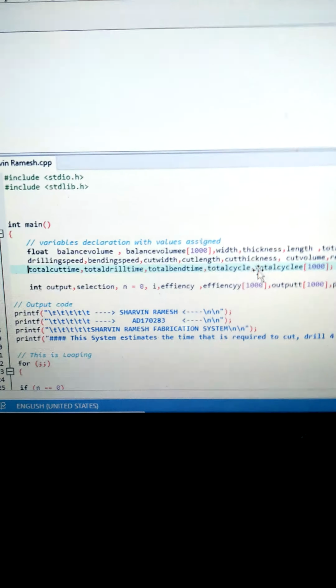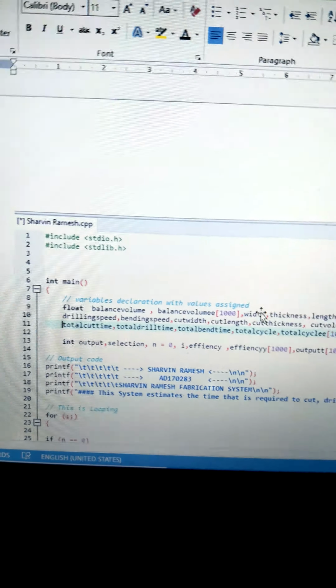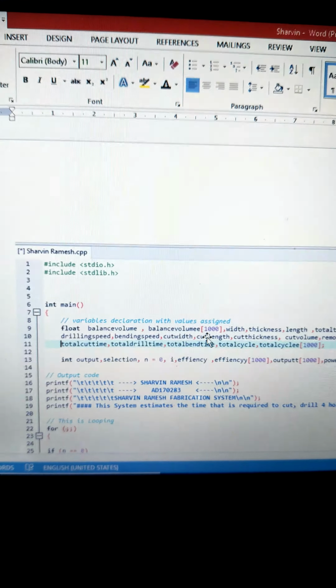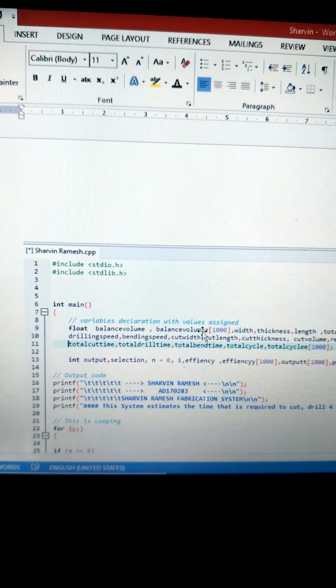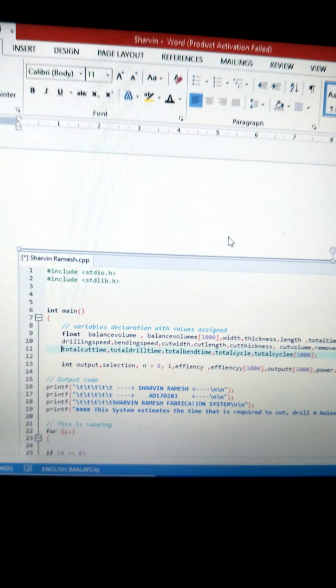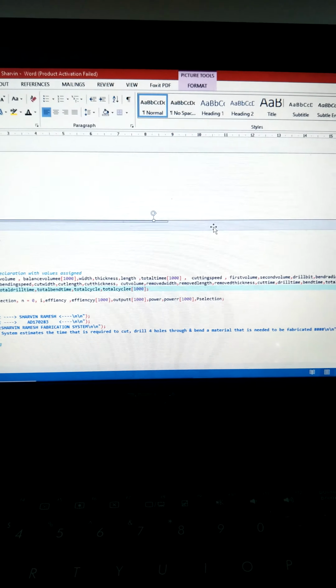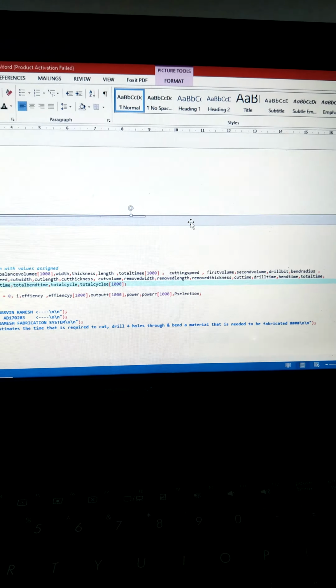So as you can see, as the beginning process, I have variables declaration done with the values assigned. For example, at the float, I put balance volume. There's two different balance volume with the extra E because you can't declare same terms twice. So continues to the width, thickness, length, total time, cutting speed, first volume, second volume, drill bit,